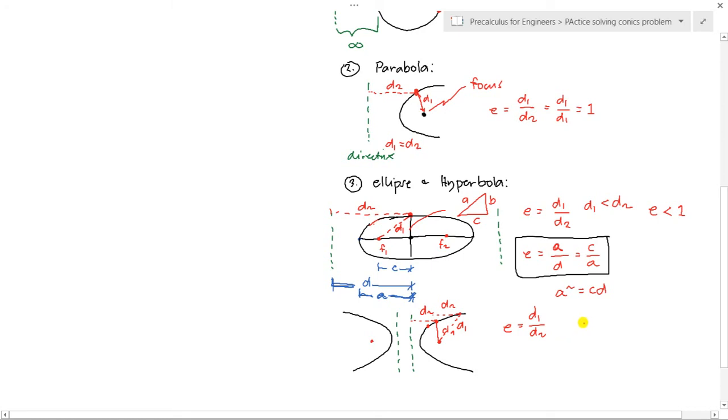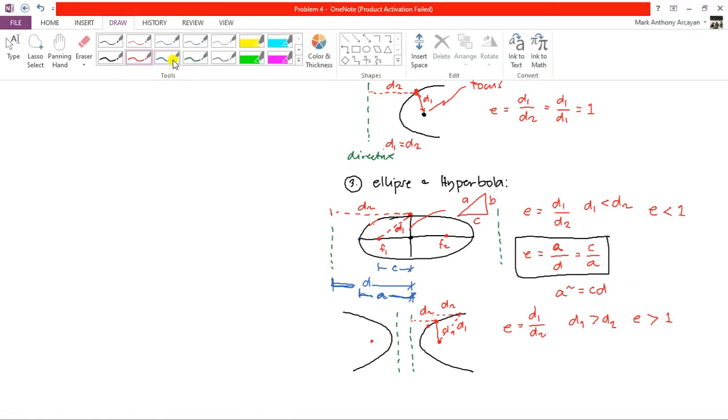So here it is opposite to the ellipse, because D1 now is greater than D2. So the trend is that the eccentricity for a hyperbola is greater than 1, as you can see in the figure. So again, for a hyperbola, you can use this. So this is the formula